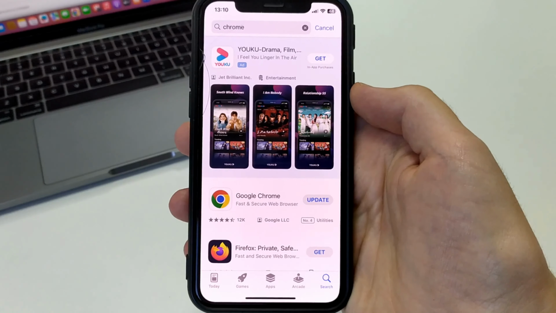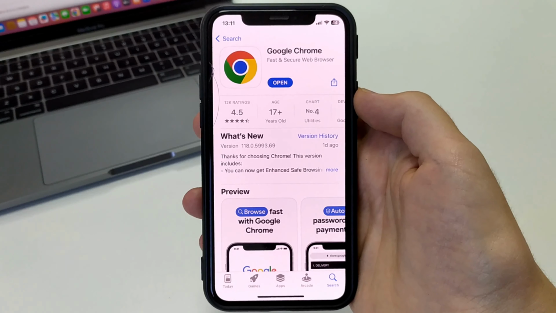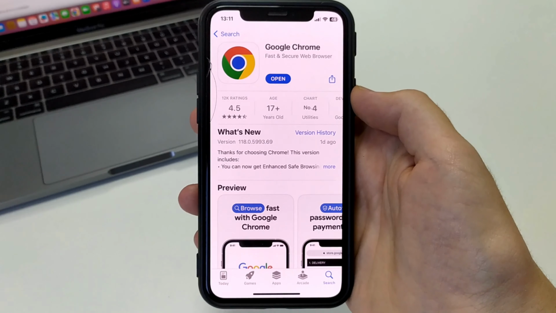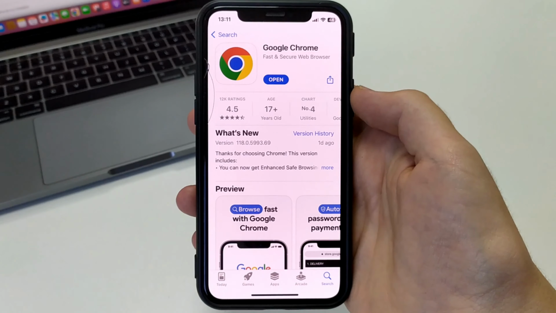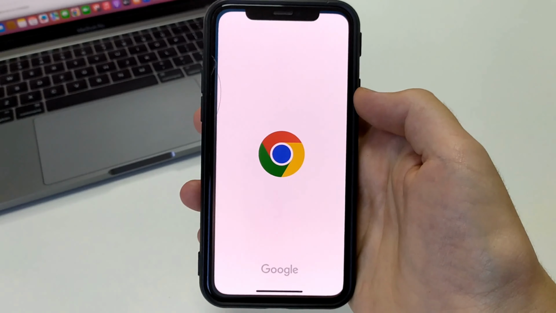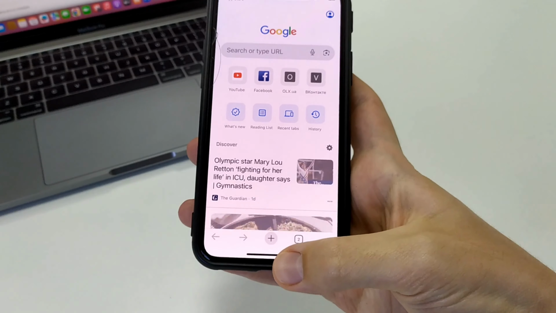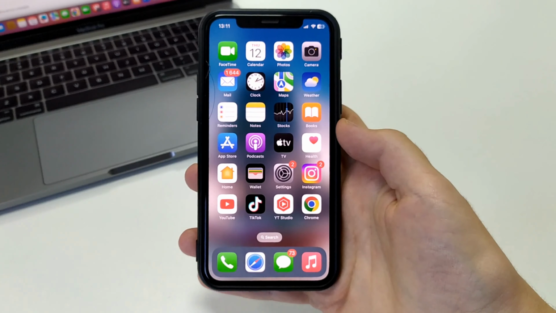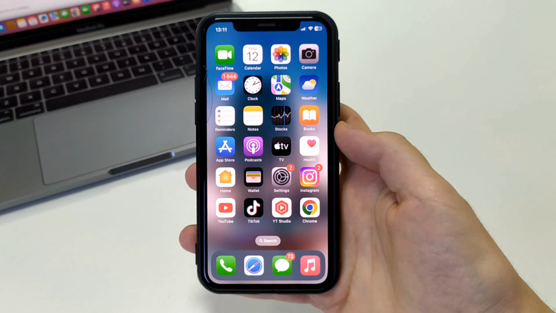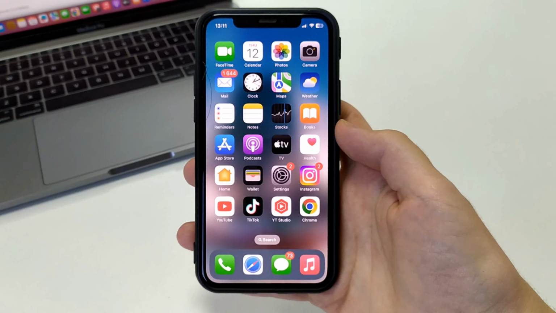Perhaps it will say Open. This means that your application is currently updated to the latest version. If it is, you don't need to update. If it says Update, then you update it. Once it's updated, you click Open and go to Google Chrome. Here is such an easy way how you can update the application on your device.